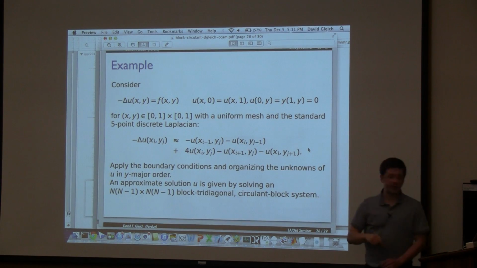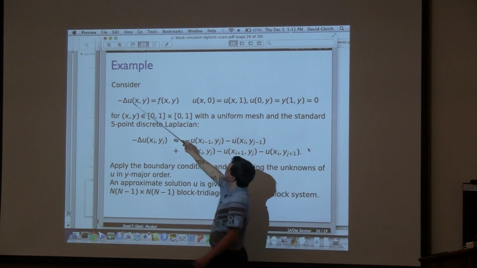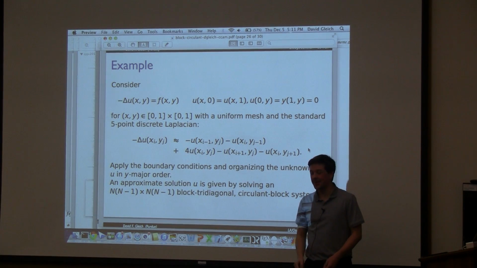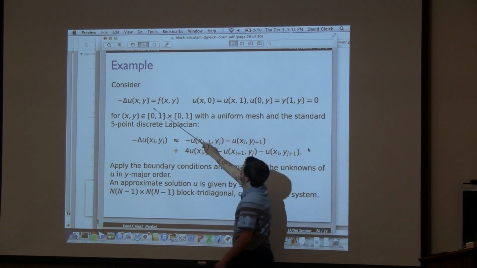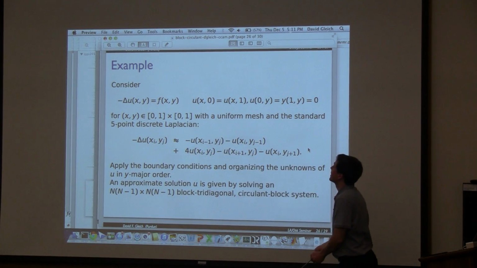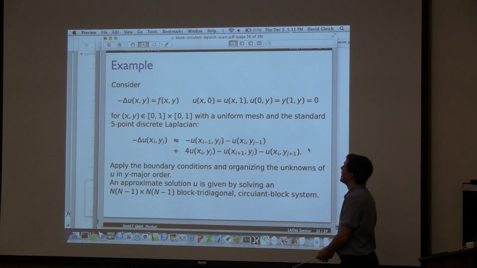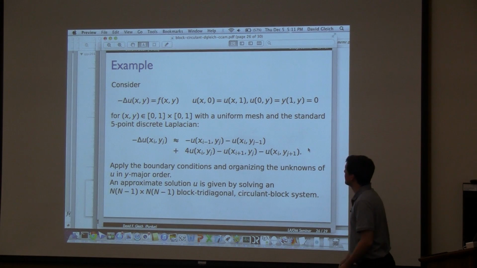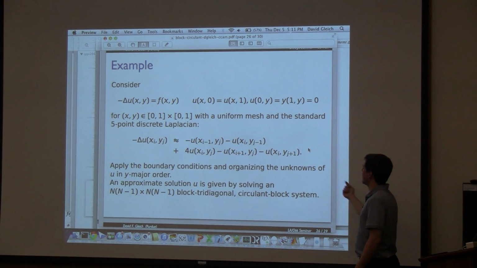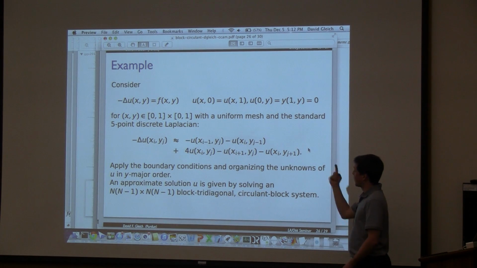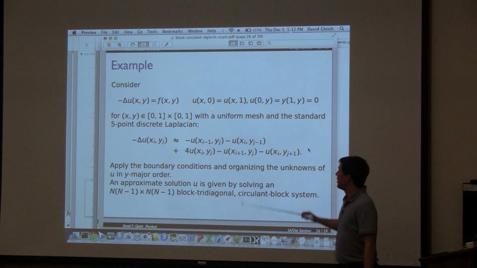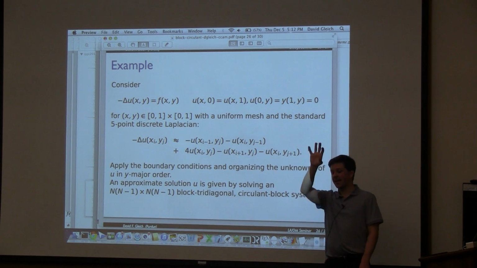So you can use this to treat a partial differential equation. So how can you use this to treat a partial differential equation? Well, it turns out if you discretize this particular elliptic, or the Laplacian equation, with a particular type of repeating boundary conditions, so if one of your boundary conditions wraps around, then you're going to get out a matrix that's exactly blocks of